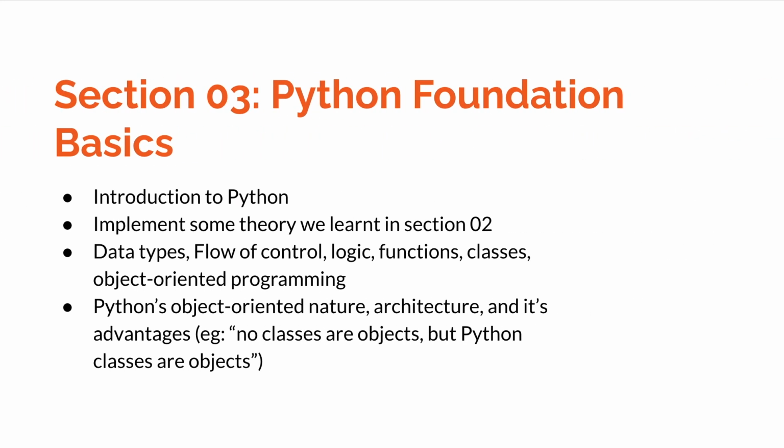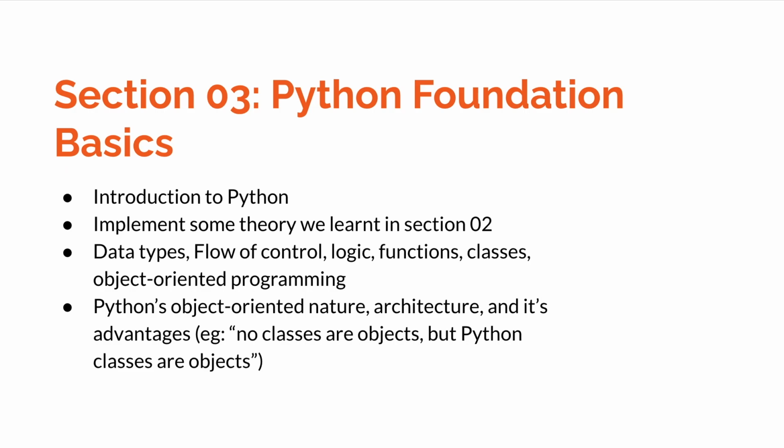In the third section, we do the real introduction to Python version 3, which is the latest one in the market right now. We use it to implement some theory that we learned in the previous sections. We do that by first learning about the foundations like syntax, data types, flow of control, repetitive logic, etc. In the end, we go through Python OOP architecture, discussing things like Python's classes are objects, but classes are not objects. And please bear with me on that, as I know it sounds weird right now, but it should all be clear when we visit that unit. We will see how we can leverage those for our benefit.